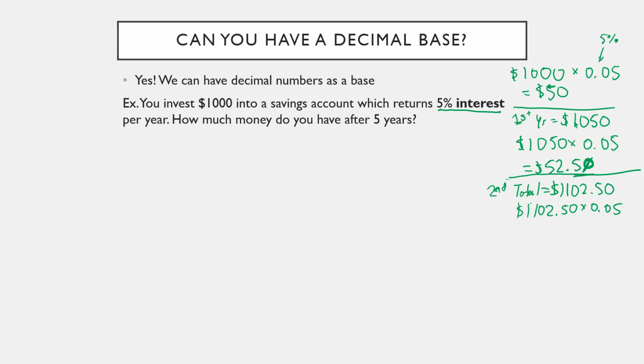So you can see here that this would be a little bit time consuming to calculate, right? This isn't like a fun calculation to do. It's just a lot of different steps. So there's actually different ways around it. So another easier way to do this, instead of actually figuring out what their interest is and then adding it on, and then finding out what 5% of that interest is and then adding it on and so on, it